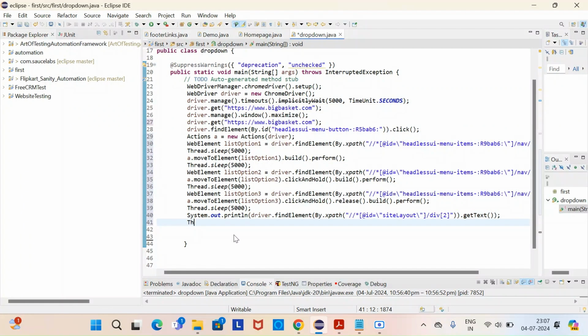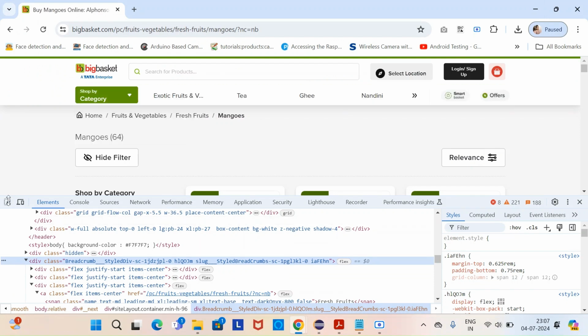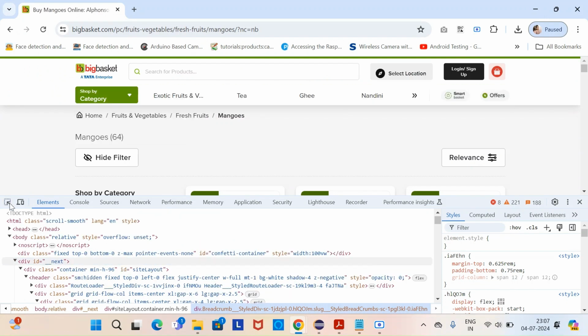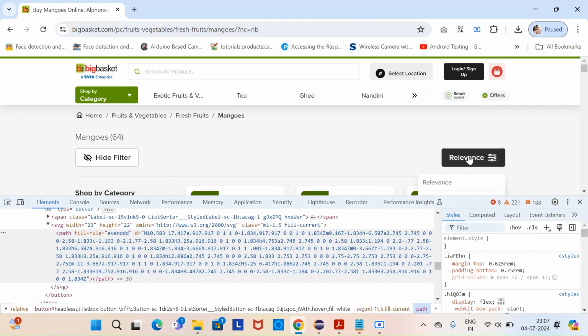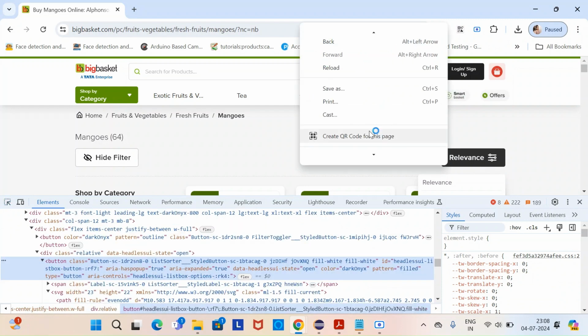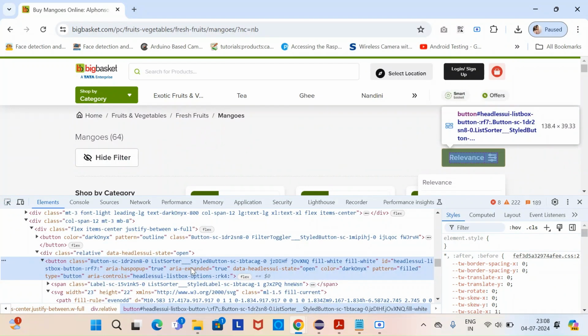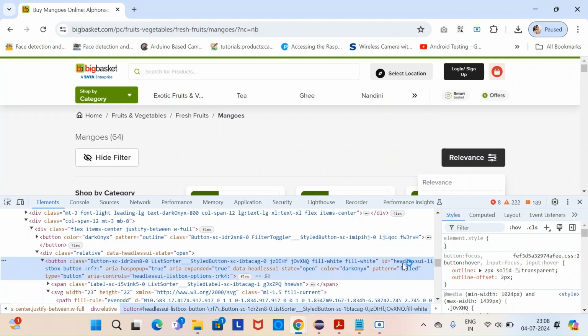And also we'll perform a right click on any of the elements. We'll try to right click on this relevance web element, inspect element. Yes, ID. We have an ID for this web element. Let me copy this.